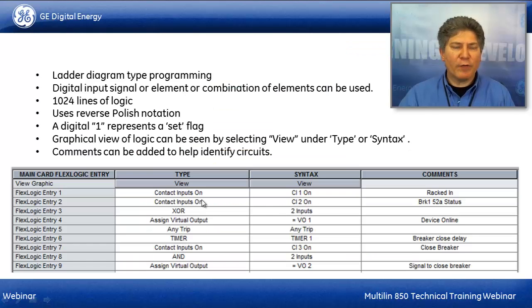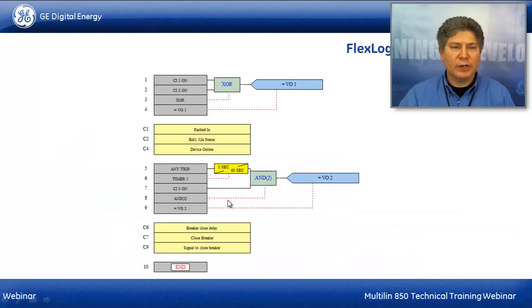We also have a graphical representation. If you select view, we can also see the graphical representation where it shows you what the equation was that you programmed, and you can also put comments in here indicating what the different lines represent. So line 1 racked in, it refers to this. The breaker 1 52A status is the second contact input, and then what the resultant of the virtual output is,